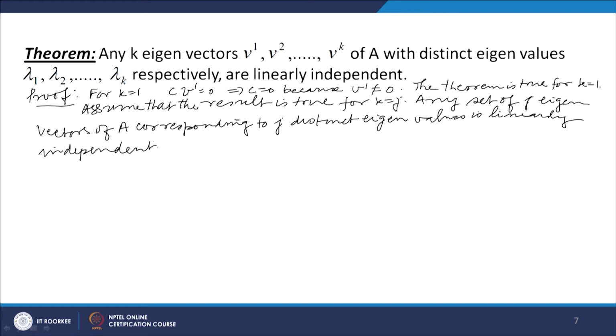Now we shall show it for j plus 1. We shall show that if you consider j plus 1 eigenvectors corresponding to j plus 1 distinct eigenvalues, then they are linearly independent. So, let us assume that b1, b2, up to bj plus 1 are j plus 1 eigenvectors of A corresponding to j plus 1 distinct eigenvalues